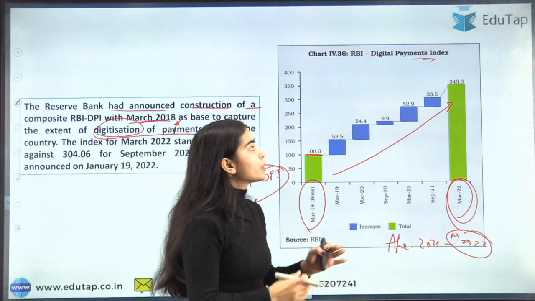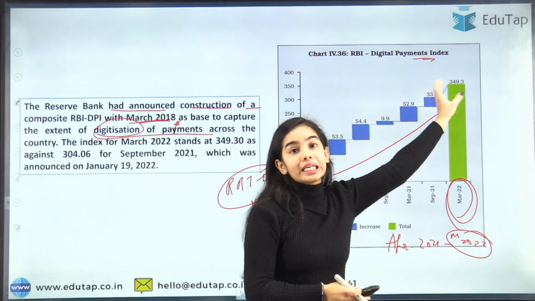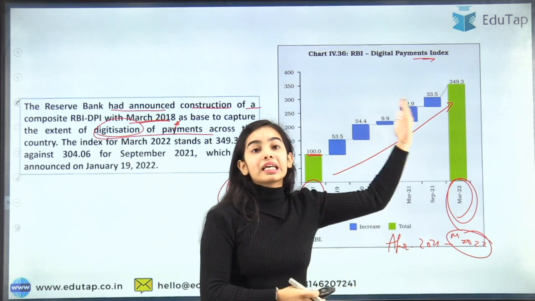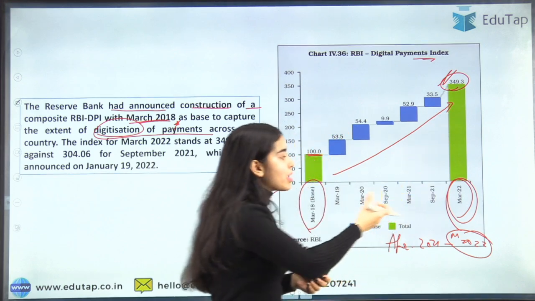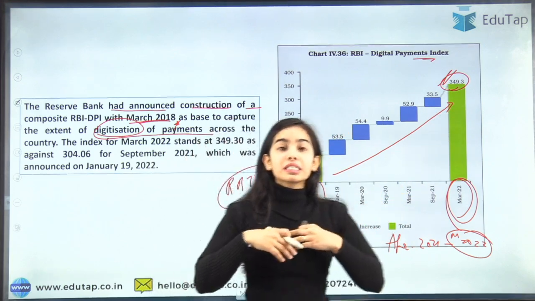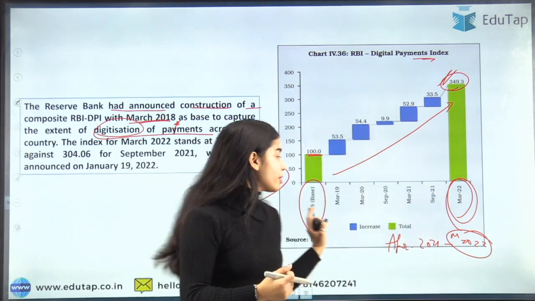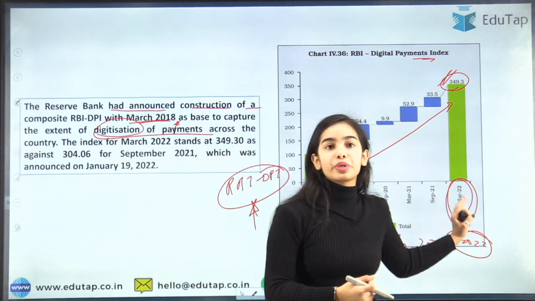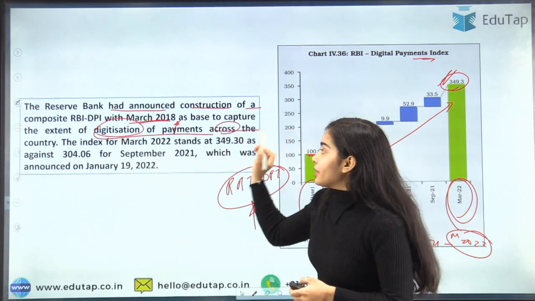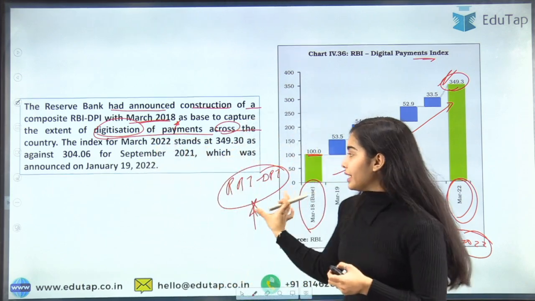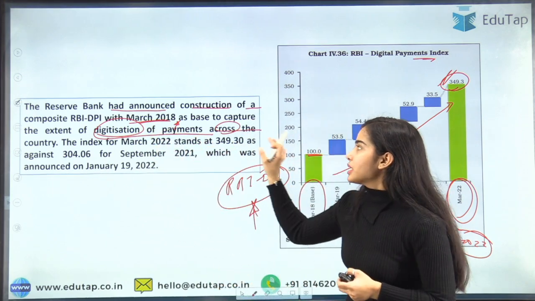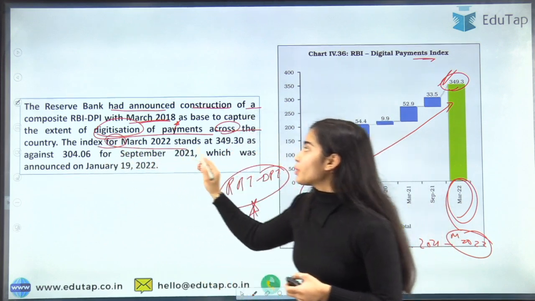So till March 2022, you can see that the digital payment index is actually increasing continuously, and it was 349.3 in March 2022. So we have seen such a high growth since March 2018 till March 2022. So across the country, the base is taken as March 2018, and this index shows us the digitization of payments across the country. The index for March 2022 stands at